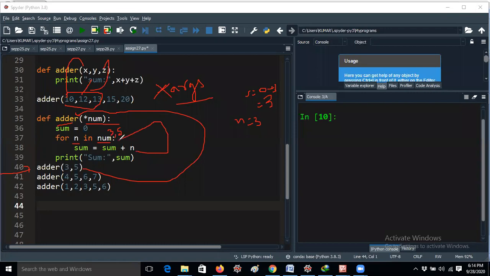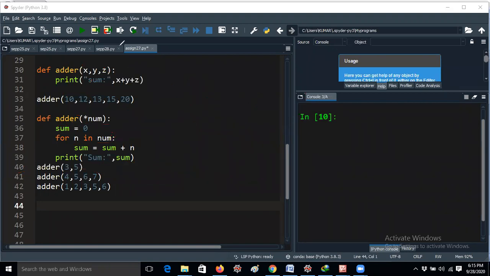Now again it will go into the for loop. Now 3 will be removed from the memory. It will take 5, because num will be 5 now. Now it will be stored in n. That means n equal to 5 now. Now sum equal to sum plus n, that is 3 plus 5, which is 8. So here sum equal to 8. After that the for loop will not be executed, because both values 3, 5 are completed. Now it will go into the print of sum. Sum value is 8. So you will get the sum like this.